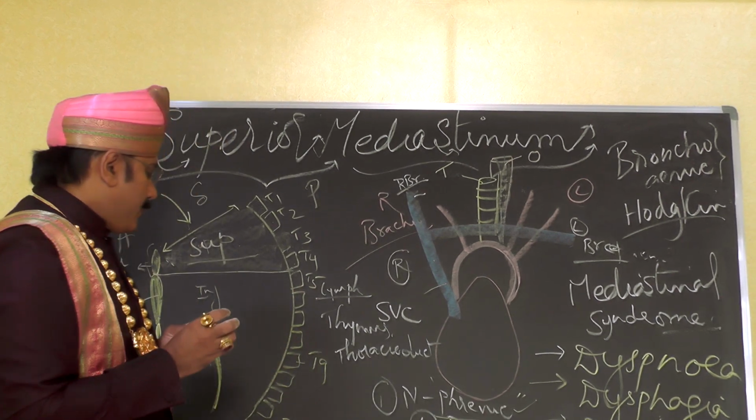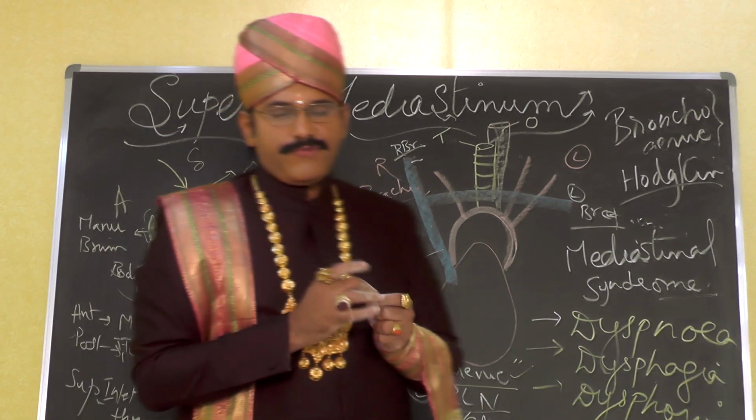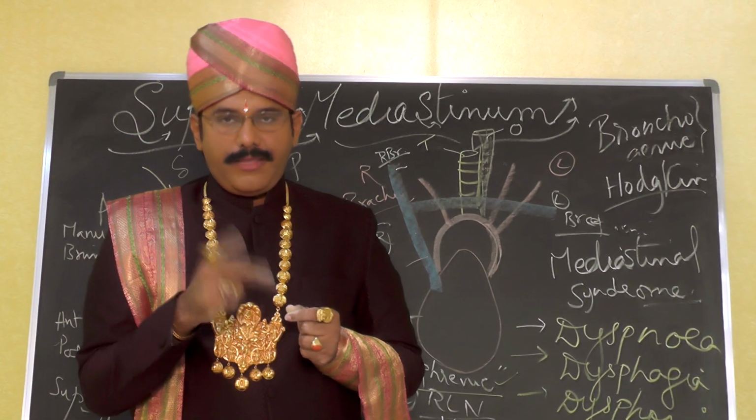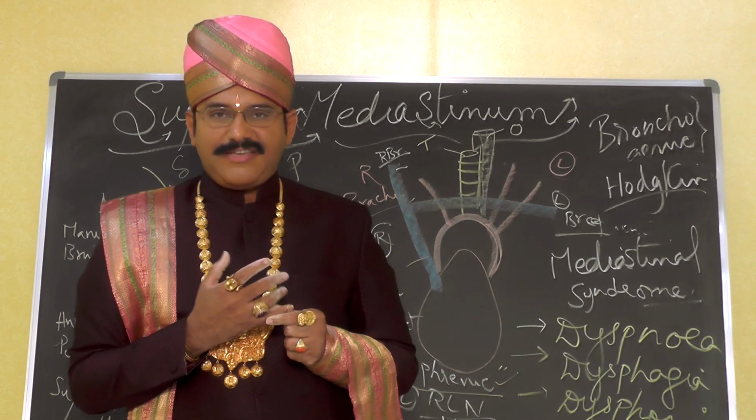and the thoracic duct and the lymph nodes. Very important are the lymph nodes which are present here in the superior mediastinum. We said there are paratracheal lymph nodes, and then there are the bronchomediastinal lymph nodes and the brachiocephalic lymph nodes